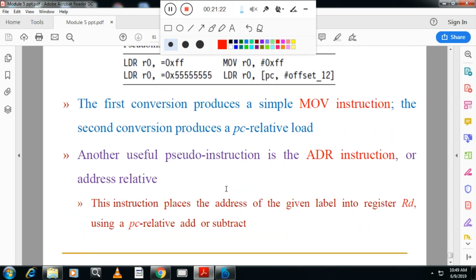So with this, friends, I have tried to complete module 5. Some of the instructions are there, so if you go into detail, students will get confused here. So let me conclude module 5 here only. From an exam point of view, this much is sufficient. So please go through it.